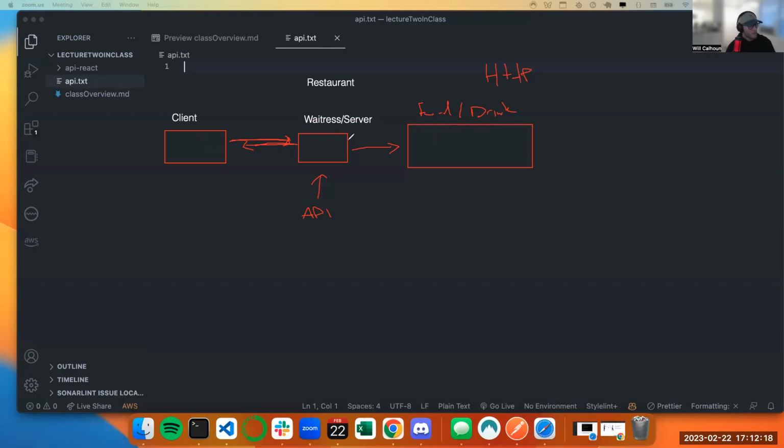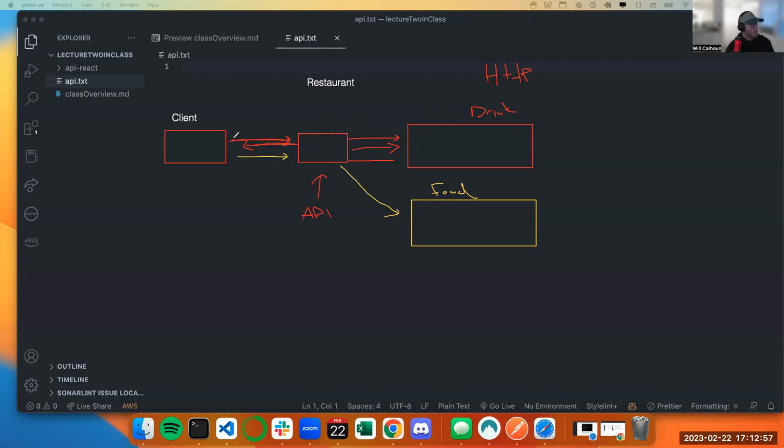And sometimes it is to go and get a drink. Other times, maybe this whole section is just drinks, and then we'll have another one for food. And I'll tell you why here in just a second. Maybe it's to get drinks. The client's now hungry. They make a request for food. The server goes and gets my food. And so what it's basically doing is routing or getting my request and deciding what do I need to do with it.